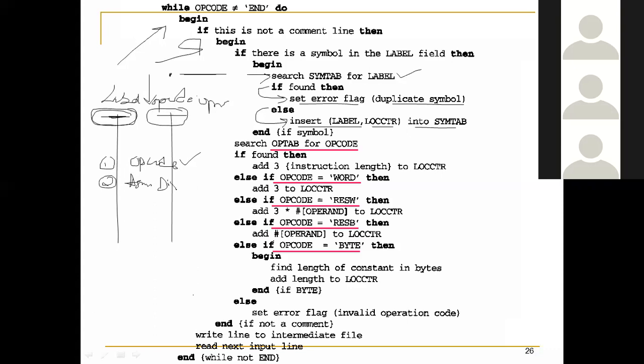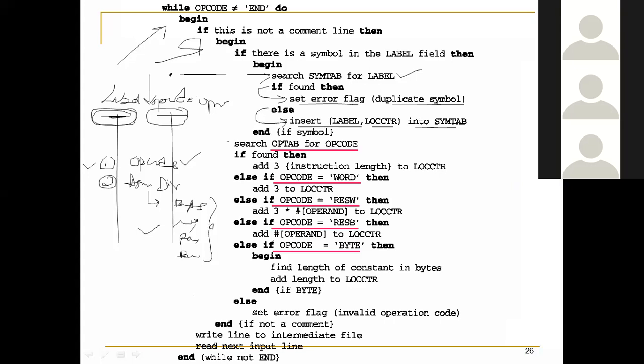If it is an assembler directive, then I need to check which assembler directive it is, whether it is BYTE or WORD or RESB or RESW. I need to verify what assembler directive it is, and accordingly I need to perform the process. Okay, let us consider the first case.